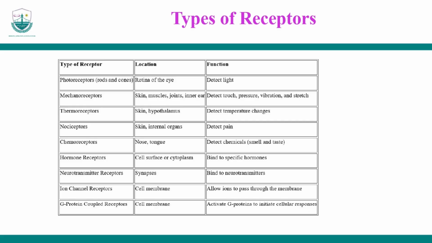pressure that is exerted on the ear, and that pressure has to be equalized by the internal pressure that we actually see when we talk about the Eustachian tube and how it equalizes pressure in the ear. And then we have vibrations, and then we have stretching. So those are mechanoreceptors. They are found almost everywhere. Muscles,